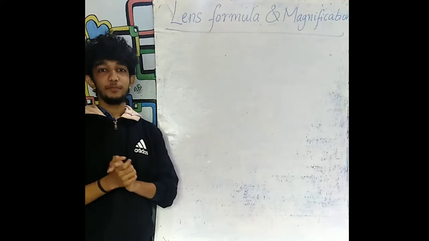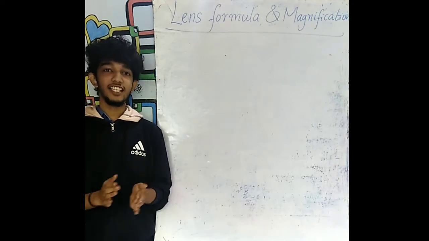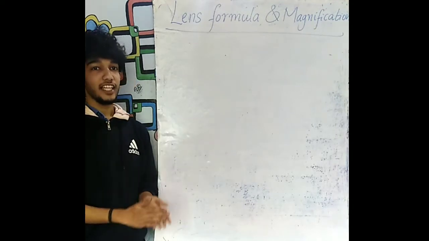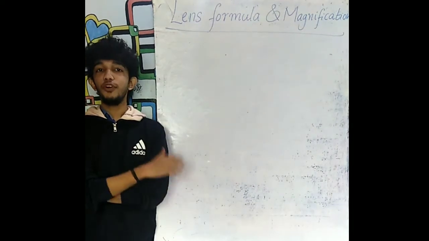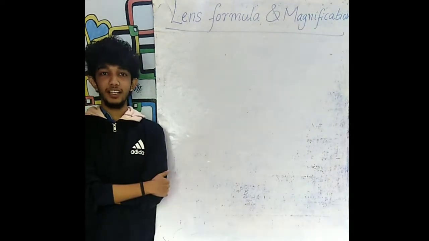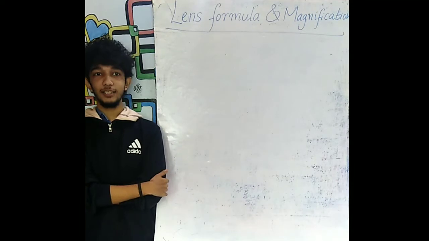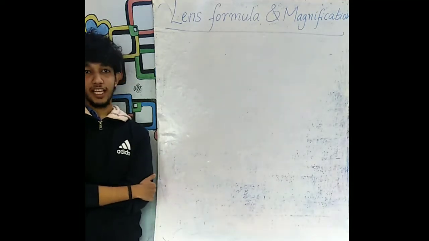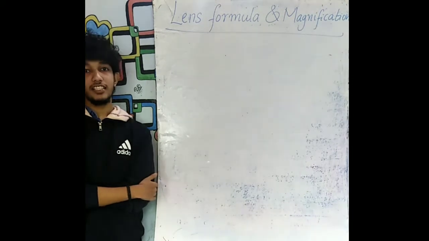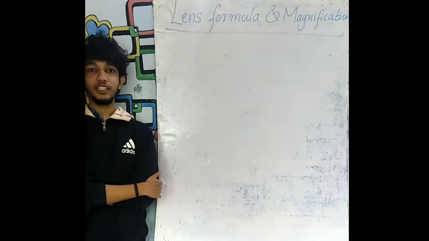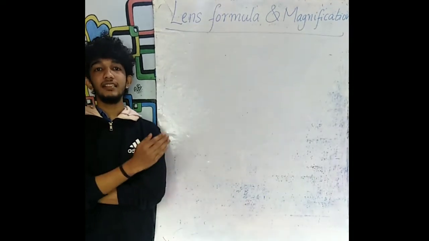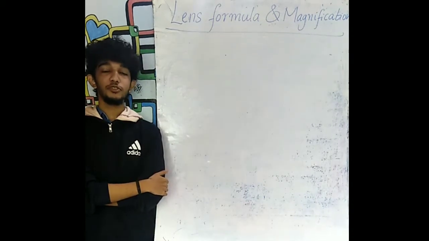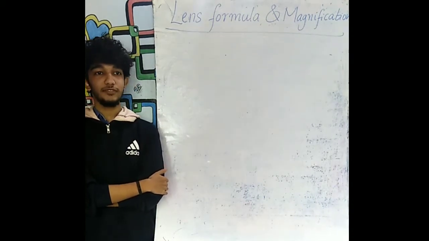This is the last part of my lecture on the class 10th chapter, light, reflection and refraction. So hope you all enjoyed the last 8 parts. This is the 9th part and the last part. So here we are going to discuss lens formula and magnification, after which I shall also be introducing the term power of a lens, and the CBSE previous year questions will be discussed thenceforth.